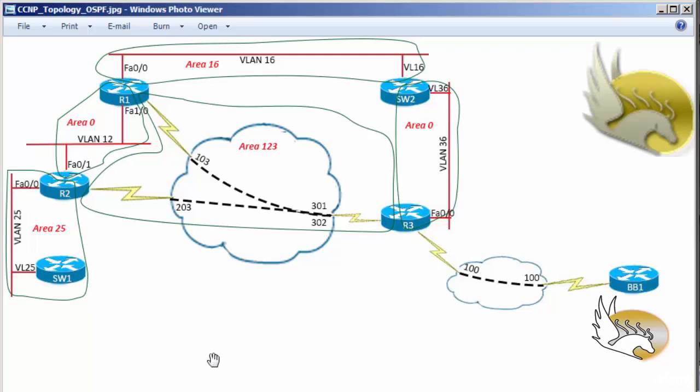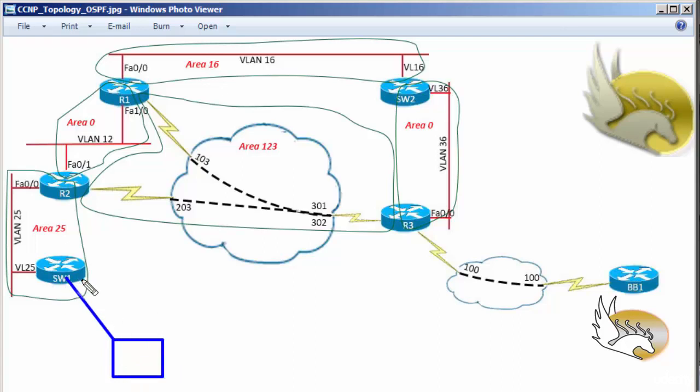Next type of stubby areas are not so stubby areas, and I can define it using an example here. Supposing I have some circle here. Supposing that this is a router, and this router has this connection with switch 1, and this router is running EIGRP, and switch 1 is a neighbor with this router using EIGRP process. And again, supposing that this router is injecting some routes into EIGRP database and switch 1 is going to redistribute